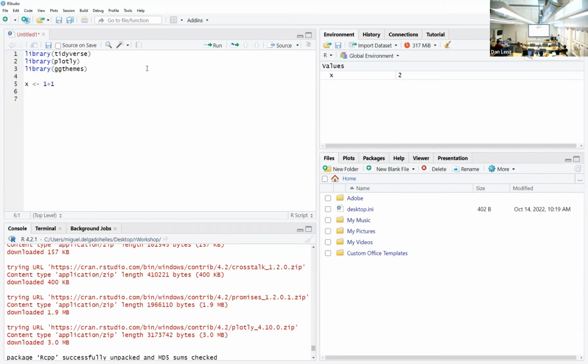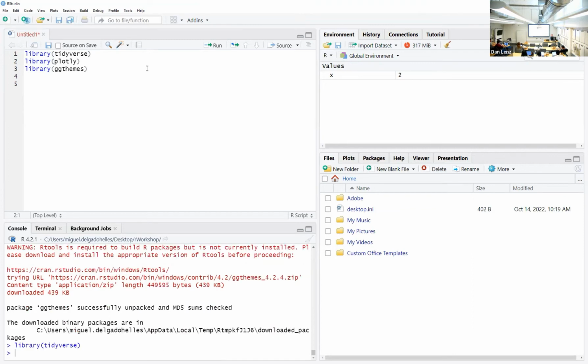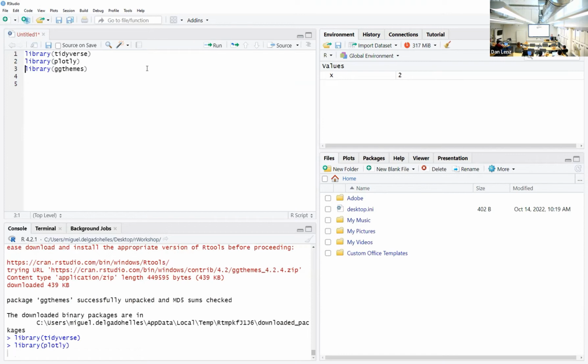Because the script doesn't get run until you tell it to run. Now, you can run one item at a time. If you stand on that item with your cursor and you hit Control, Enter. So in this case, I did that, and it told me library tidyverse, and you can see on the console that it did that. Now I can hit Control Enter again on this line, and that's going to tell me